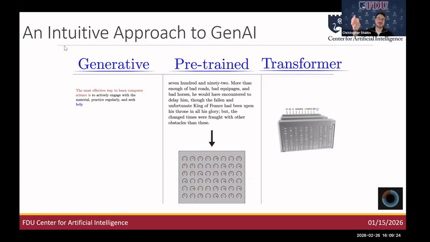Specifically, it's generative because it generates text. It's pre-trained because it's trained on data. For most of these models, it's most of the internet at this point. And then transformer, where it takes these inputs, does a bunch of math and predicts what the output should be. So I think most people understand the generative part, they understand the pre-trained part, but the transformer part